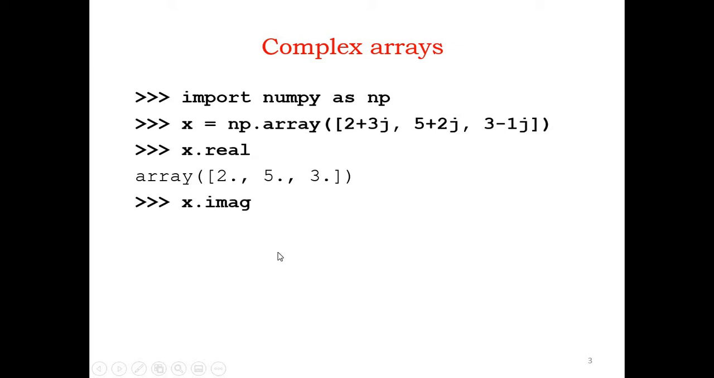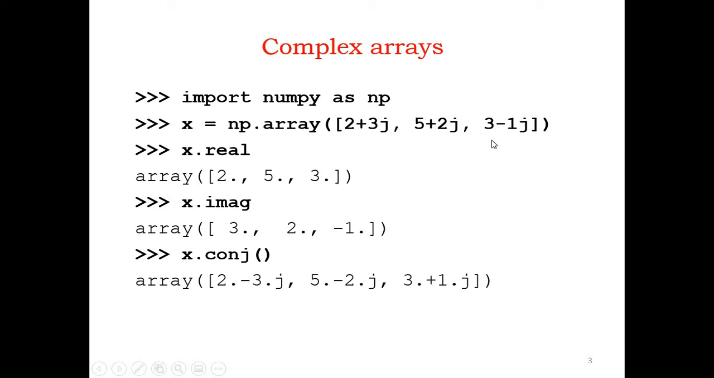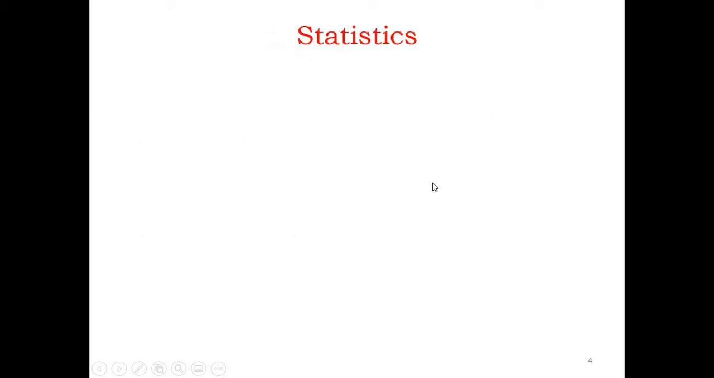If you write x.imag, it will give you the imaginary parts. If you write another attribute, x.conj, the conjugate, this is a function, so you will get the conjugates, and easily you can multiply with this, and of course you will get the absolute square. Okay,